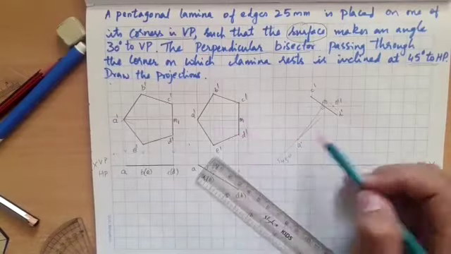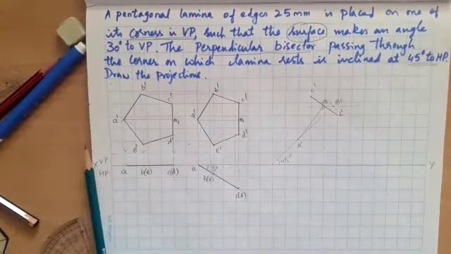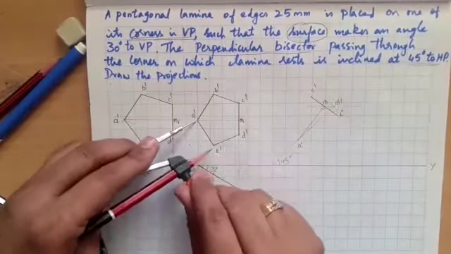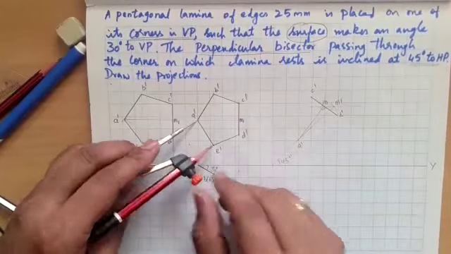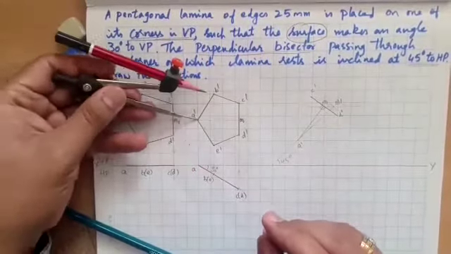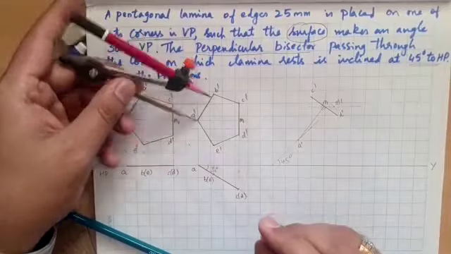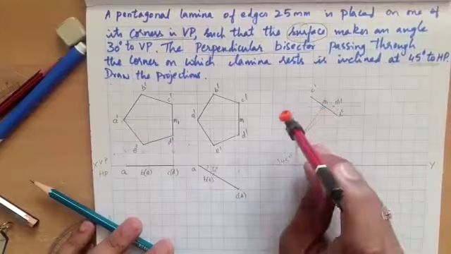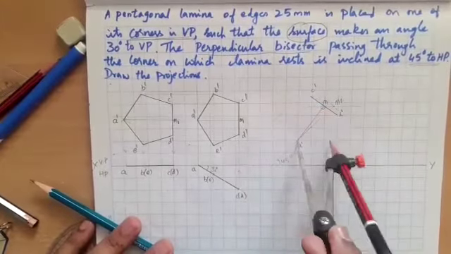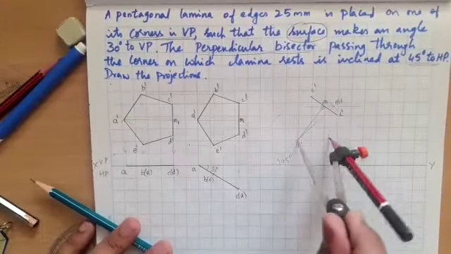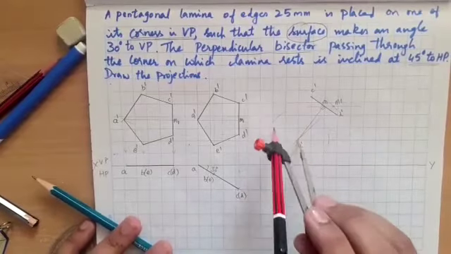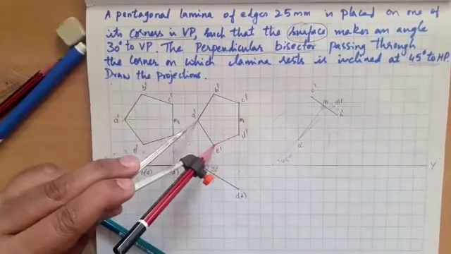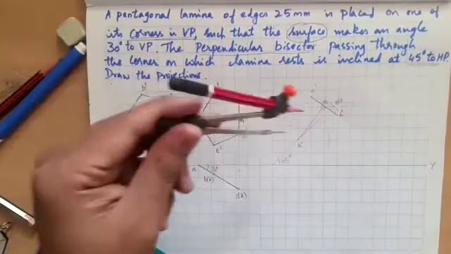Next, construct this pentagon here. How to construct this pentagon? I'll take measurements, it is very simple. Very important: A dash E dash will be equal to A dash B dash. Only these two will be the same. So with A dash, I'm going to mark two arcs, 1 and 2, on either side, that is from A dash to E dash and A dash to B dash. These two arcs I have drawn.